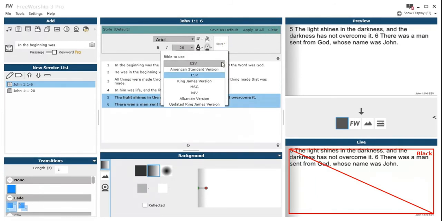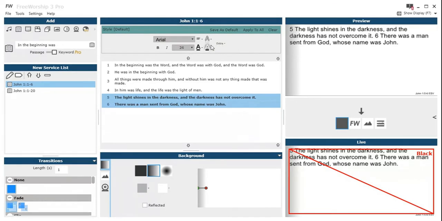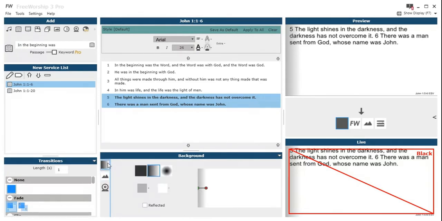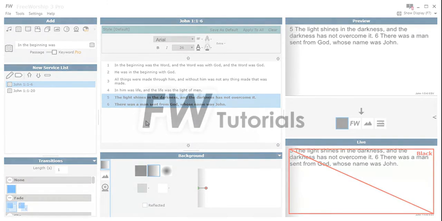So then we've got specific Bible settings which can be accessed using the edit and then the extra. So we can change which version it is. We can include the Bible verse names. And then we've got our font settings up there as well, as with any other service item. And we've also got the different backgrounds, which you might want to choose to just make it look a bit nicer. So that's